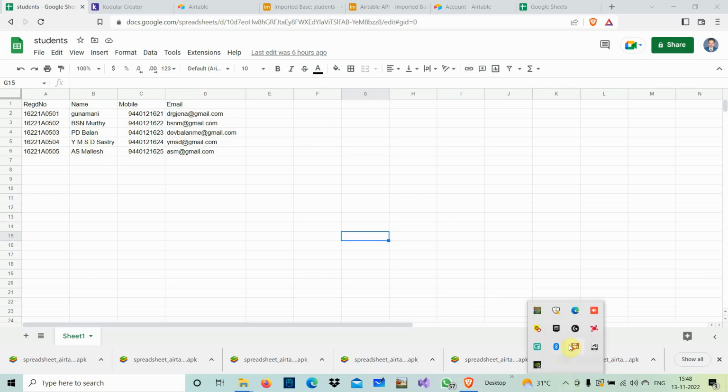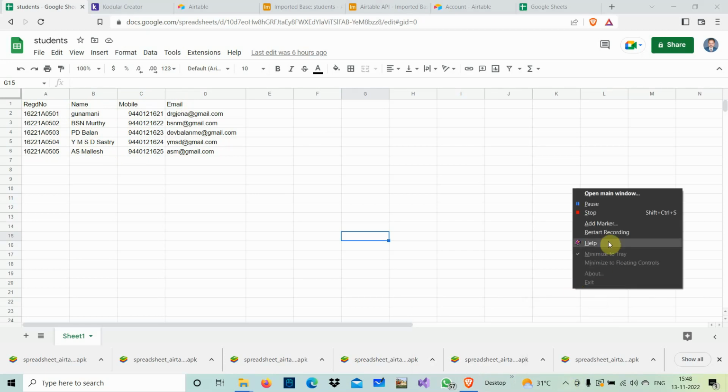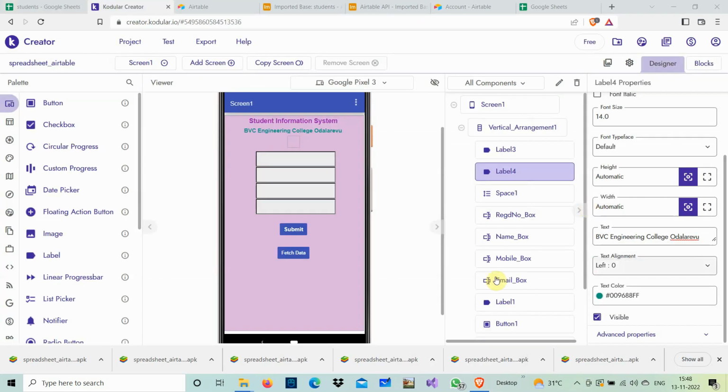Fine. So now, next what you are going to do: we created a spreadsheet and gave it the name students, because I am going to create a student information system for BBC Engineering College, or any college like that, right? Then what I need to do, I have to use Kodular. For using Kodular, just type